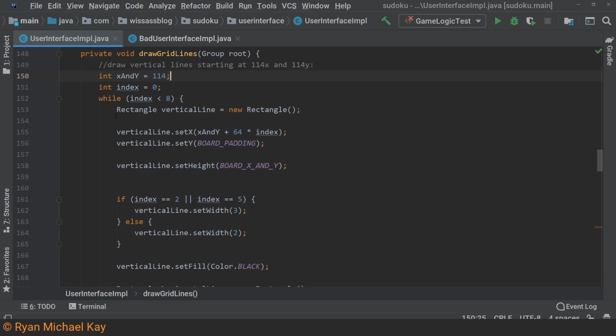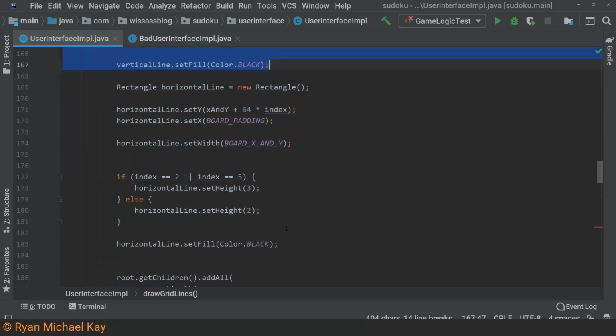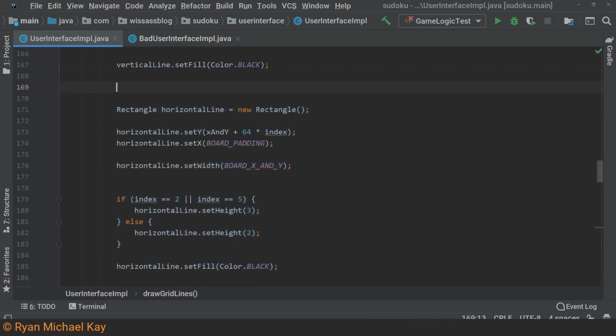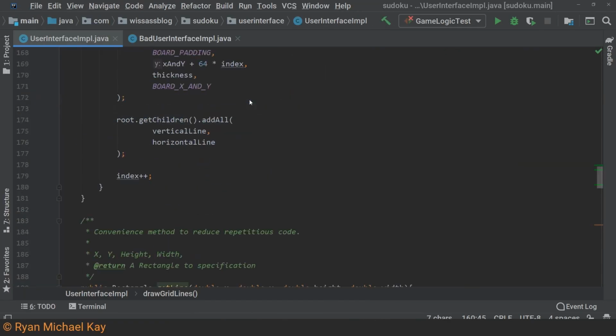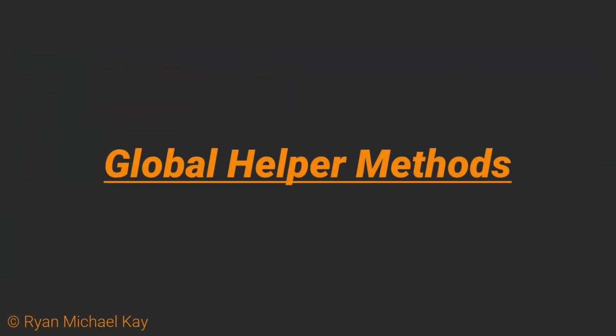For example, as I was writing this lesson plan, I noticed some repetitious code in the drawGridLines function. This method is responsible for drawing the lines on top of the puzzle background which form the grid. Notice how these method calls are identical except that their arguments change? That is a clear case of repetition, and I ended up creating a helper function to handle this situation a little more elegantly.